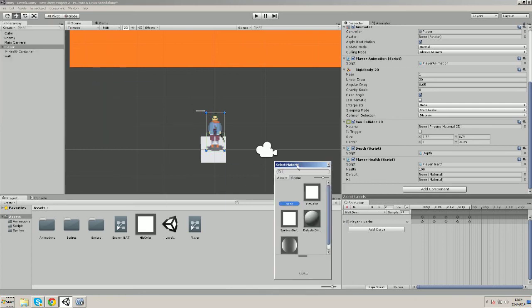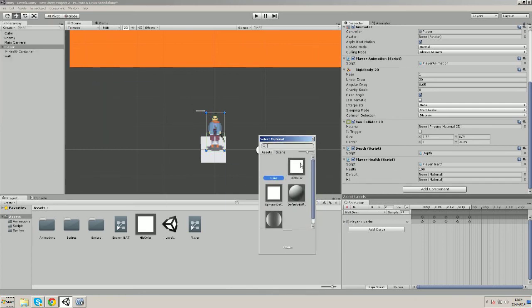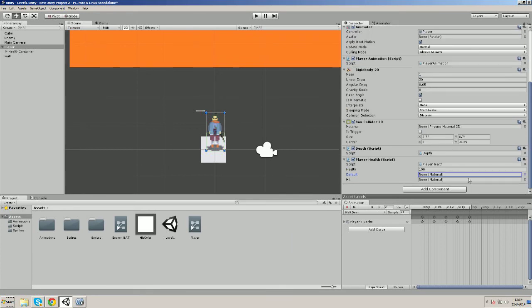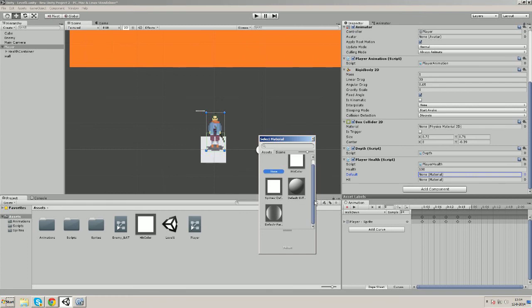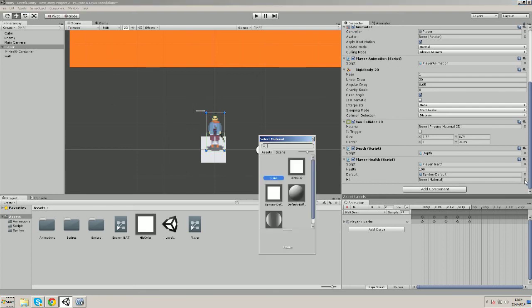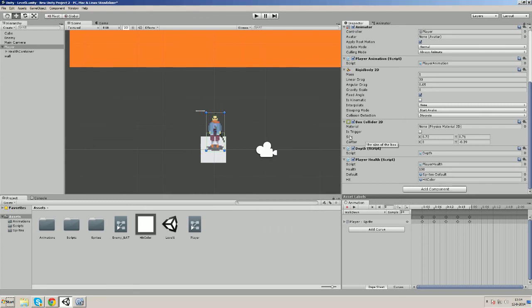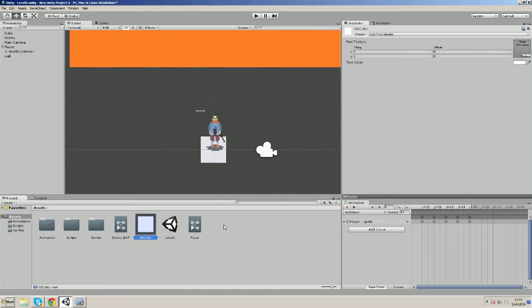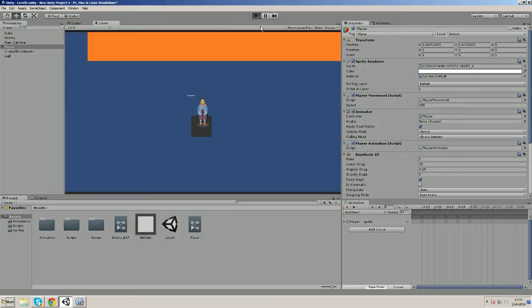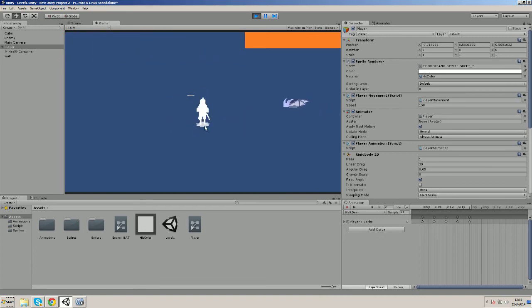So this one is default, and the default one is, let's have a look, sprites default. So we're gonna make this sprites default, and the hit material is the one we just made, the hit color. In our case, that's white. You can change it yourself here. I already said that. So now let's save it and try it out again. Hope it works. And yeah, the player turns white